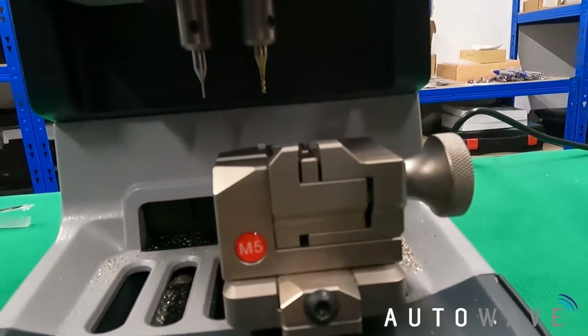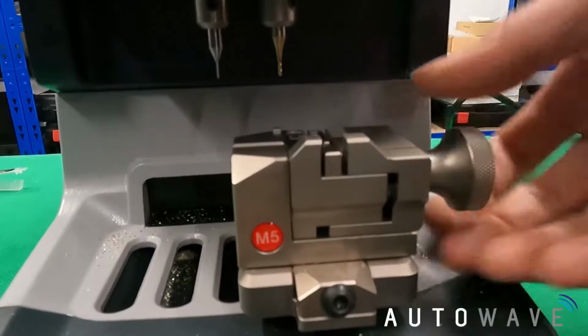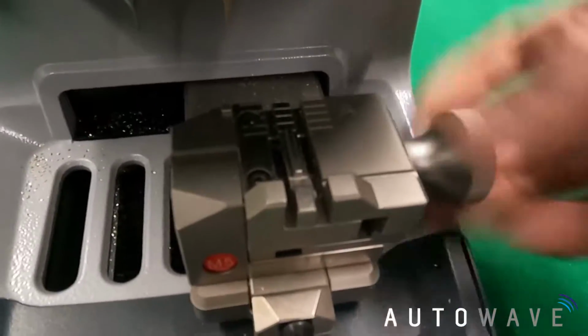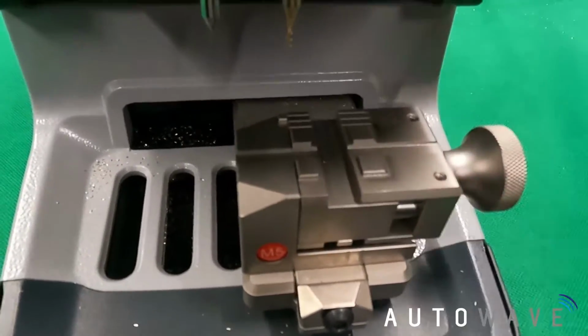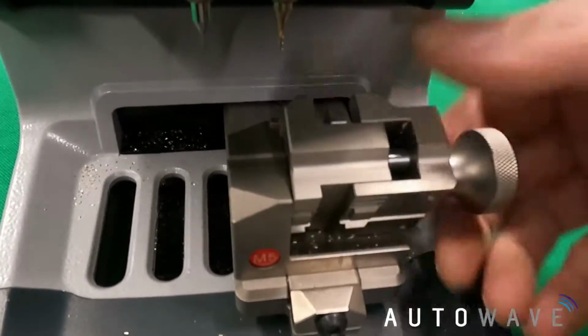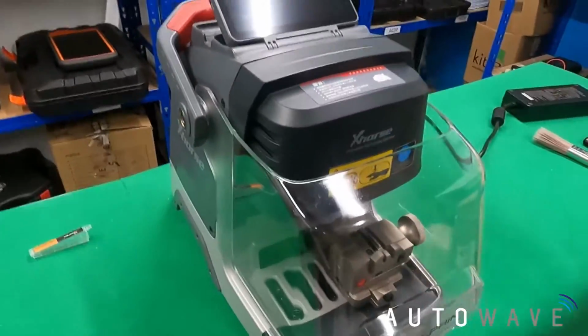So this is the M5 clamp. It's basically an M1 and an M2 clamp in one. So it's got two sides, which you just literally undo all the way, and you can just turn it over to get one side or turn over the other side. So you've got that. And then if we go around the back of the machine now,